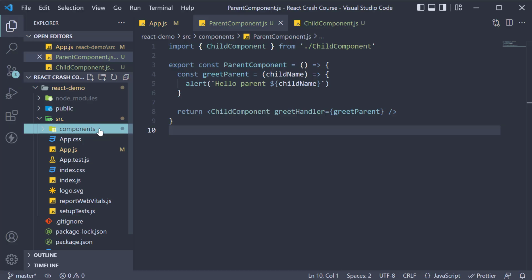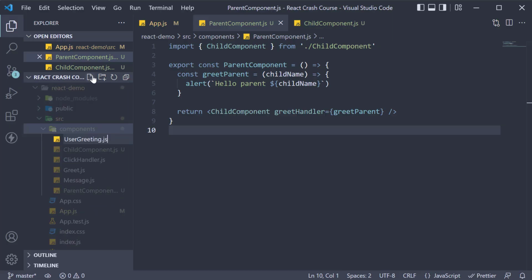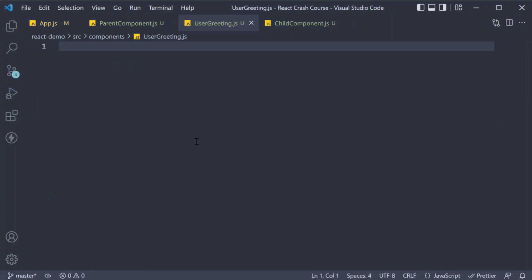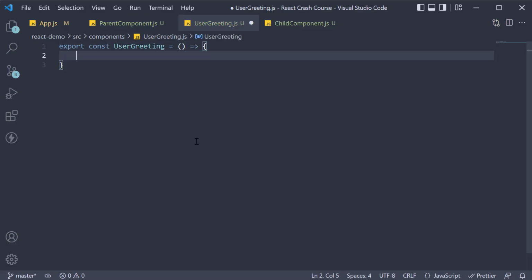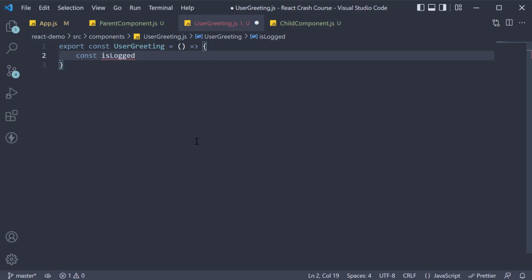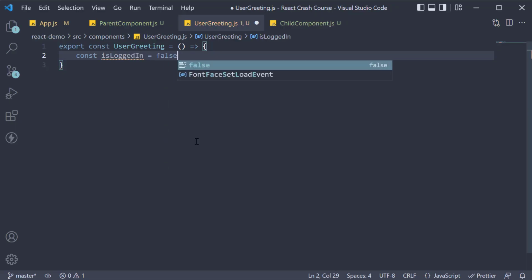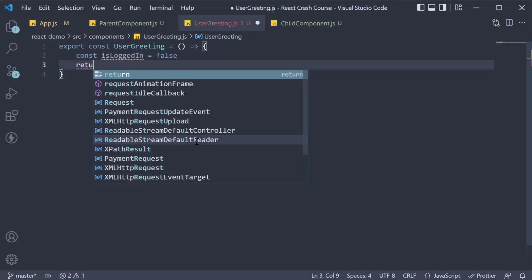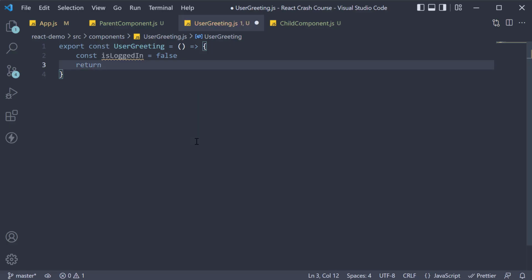In the components folder, I'm going to create a new file called usergreeting.js. Within the file, I'm going to create a simple component. Export const UserGreeting, and within the component, I'm going to define a new constant. const isLoggedIn is equal to false. For the JSX, I'm going to add a message